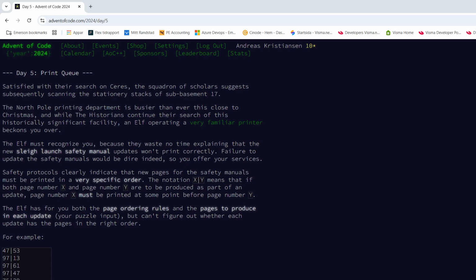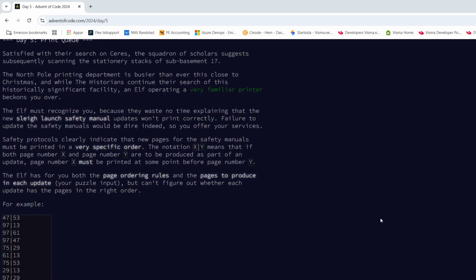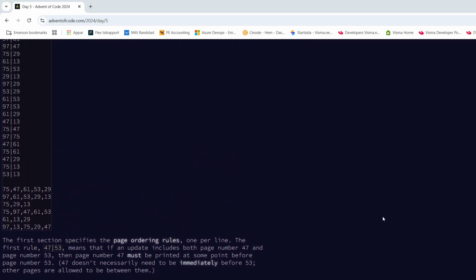Safety protocols clearly indicate that new pages for the safety manuals must be printed in a very specific order. The notation X|Y means that if both page number X and page number Y are to be produced as part of an update, page number X must be printed at some point before page number Y. The elf has for you both the page ordering rules and the pages to produce in each update. But you can't figure out whether each update has the pages in the right order. So if we look at this,